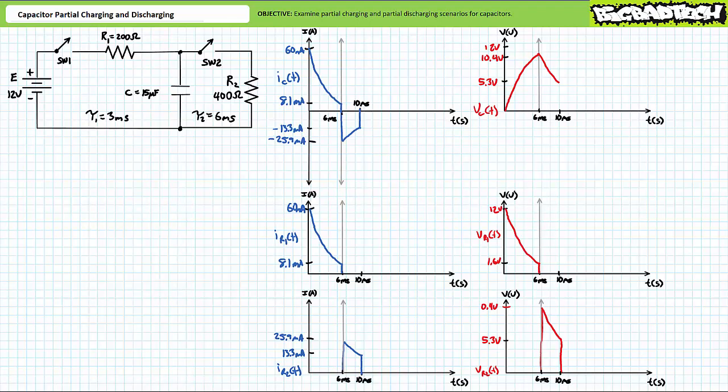In the case of a back-to-back partial charge and partial discharge scenario, one stage's end state is the other stage's starting point. Related to this observation, if we conducted another 6 millisecond partial charge from this initial condition, we might see the capacitor attain a higher final voltage at the end of the partial charge, given the 5.3 volt head start. Skipping the tedious math, another 6 millisecond partial charge would result in the capacitor achieving a voltage of approximately